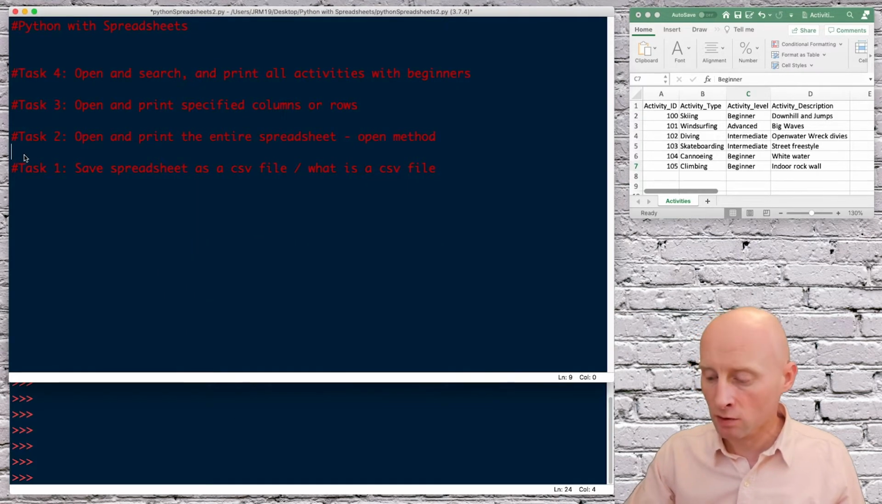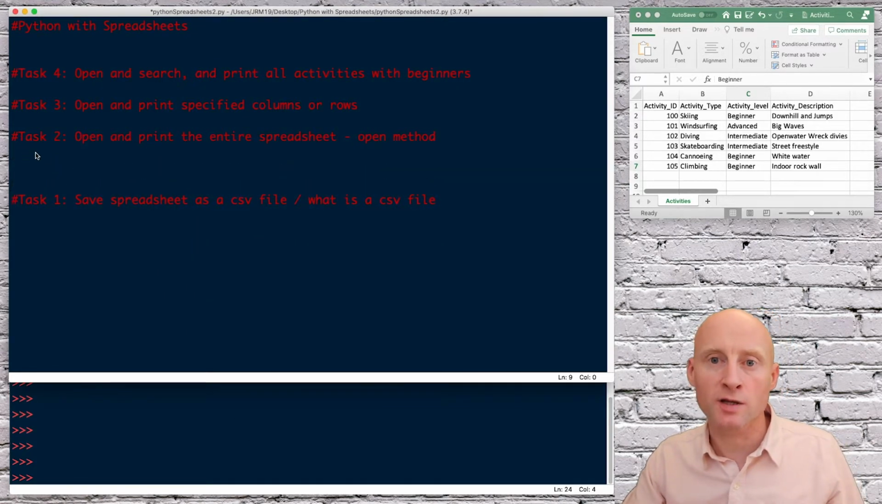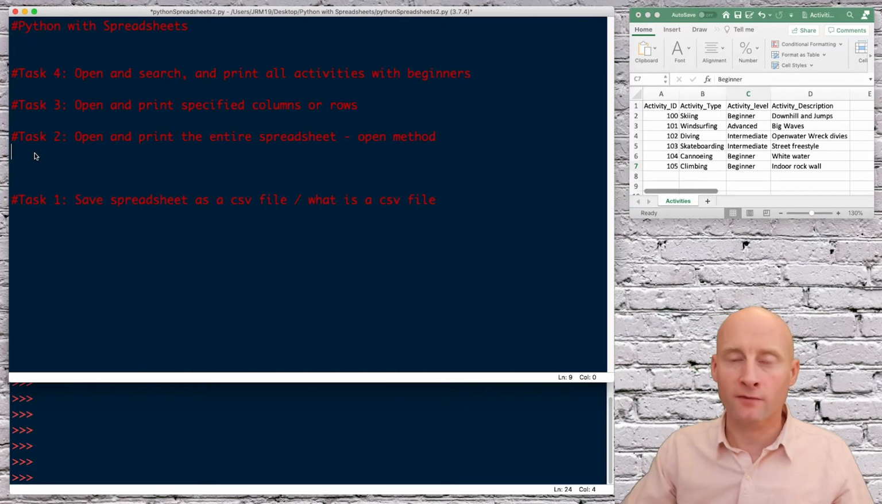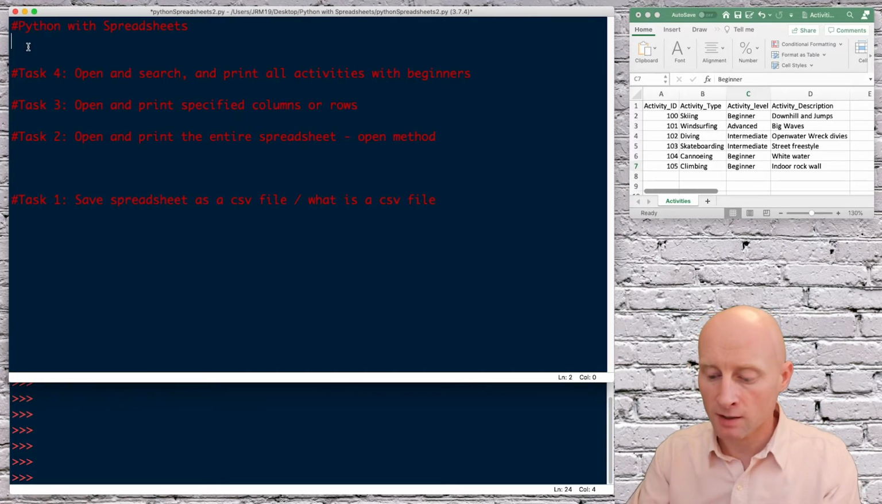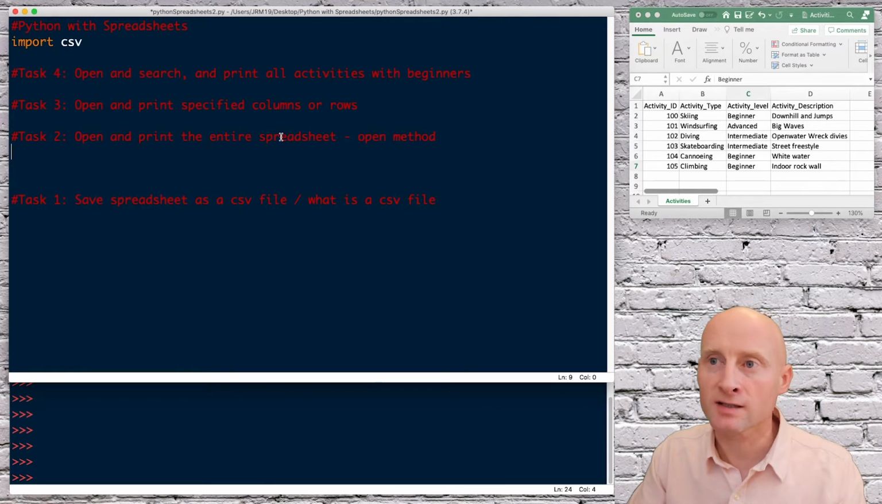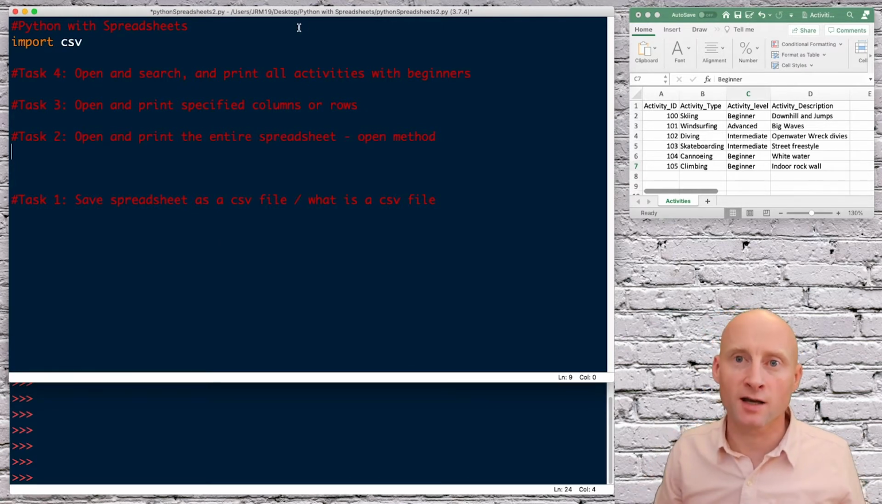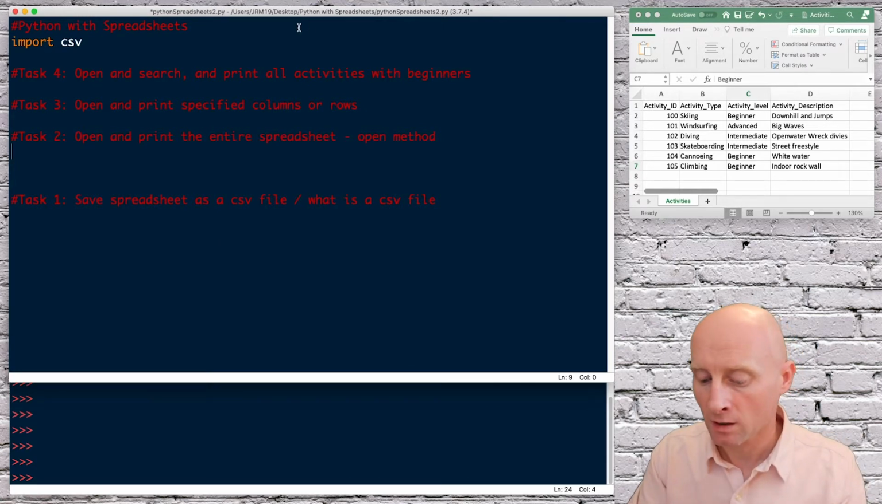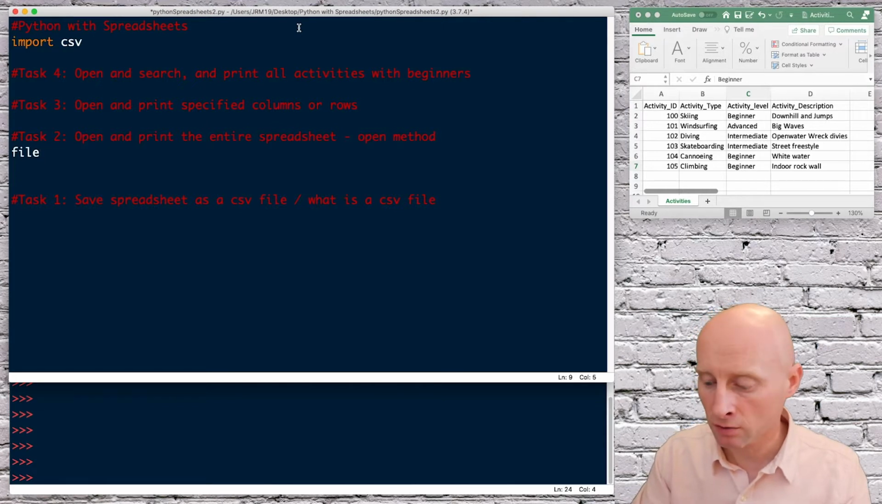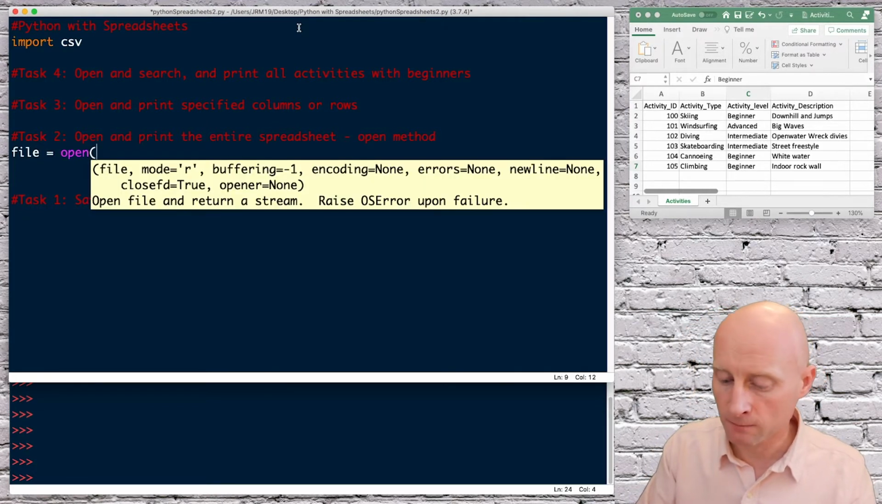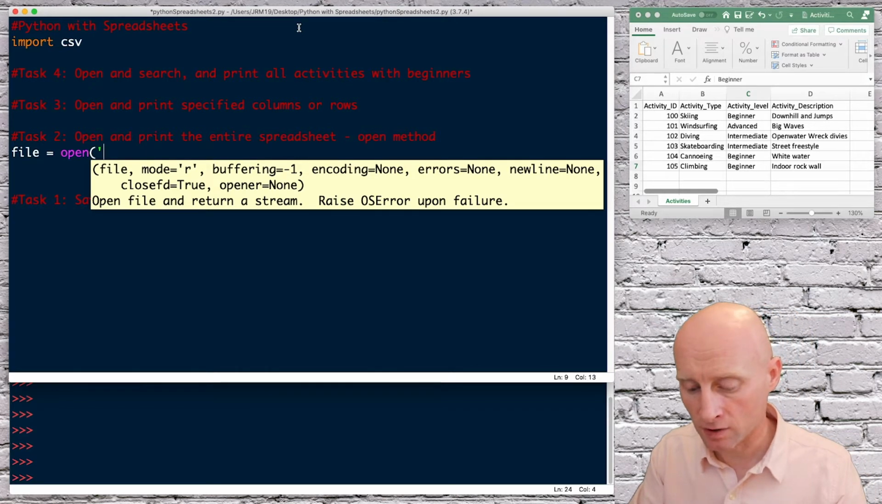Okay, so task 1 is just looking at opening the file and printing all of the file. Before I start up here, I need to import CSV. My file is called Activities, and the file is saved in the same file location as my Python file. I'm going to create a variable to store the file. File equals, and then I'm going to use the method open, and then I want to open